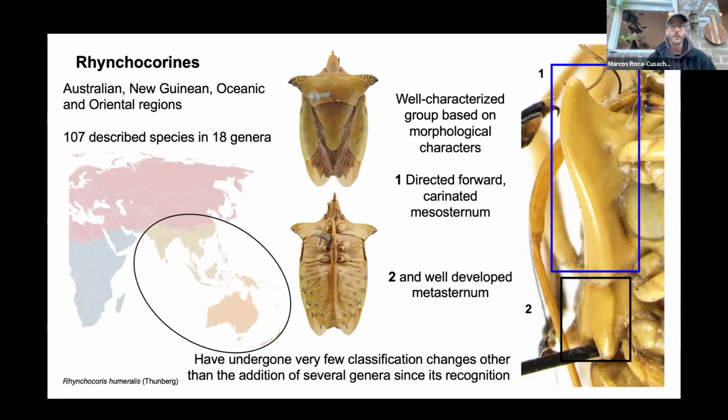Rhynchocorines have an Australian, New Guinean, Oceanic, and Oriental distribution. They have around 107 described species within 18 genera, and it's a group that has not undergone many classifications after the group was defined, besides some genera being included. This is because they have really good morphological synapomorphies, like the forward-directed carinated mesosternum in the blue frame,